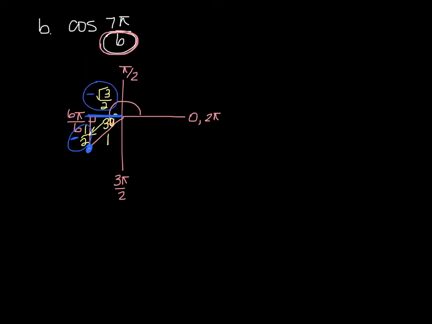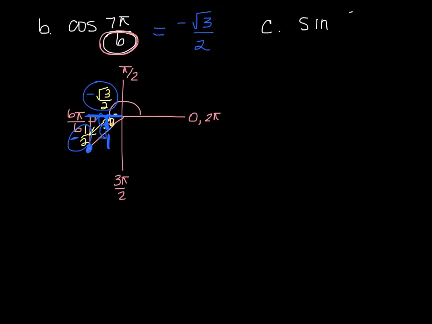And since I want the cosine value of this angle, here's my reference angle in that triangle, I want the x value, which is negative rad 3 over 2. The reason I can say it's just the x value is because my hypotenuse is a 1. Cosine is the ratio of adjacent, which is the square root of 3 over 2, over hypotenuse, and my hypotenuse will always be a 1. And so it works out to just be the x value. Let's try one more.